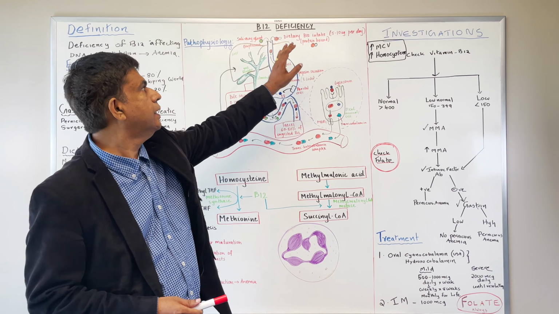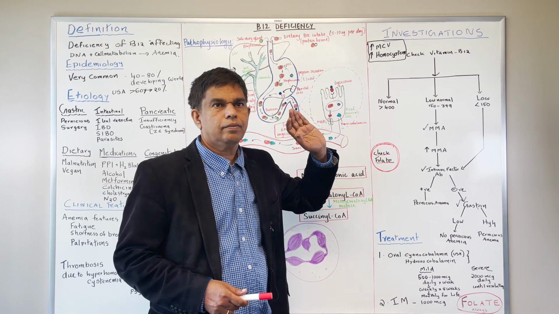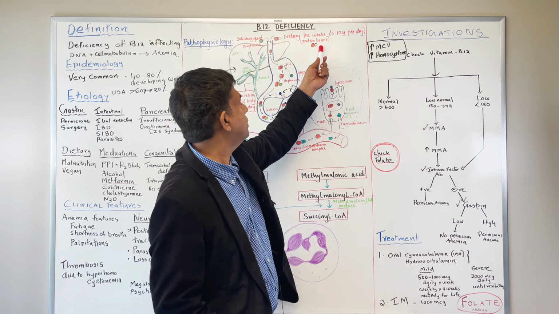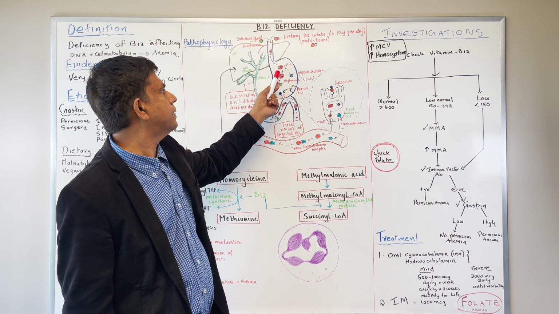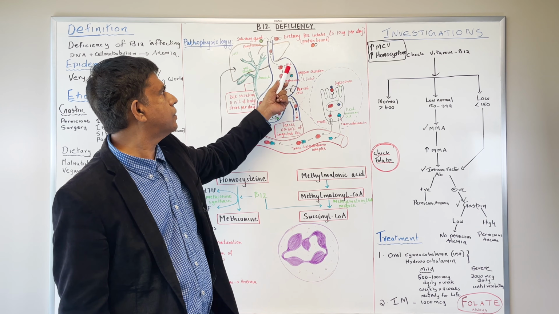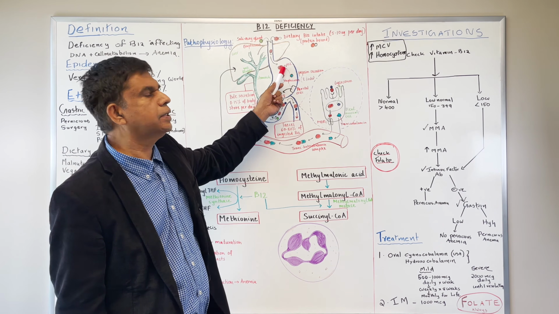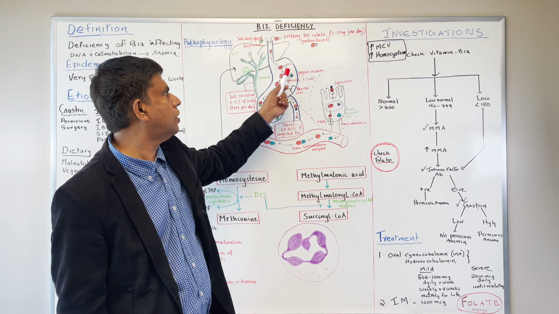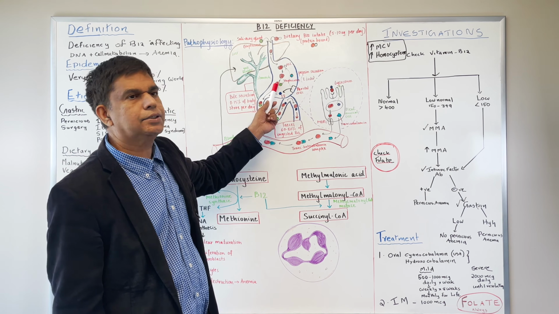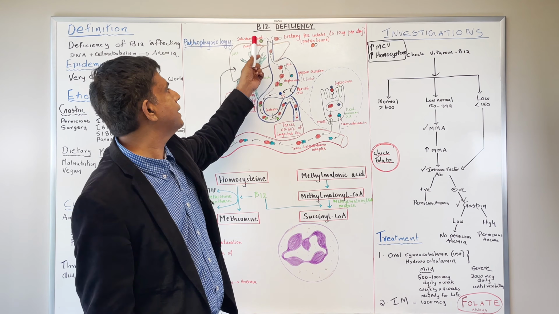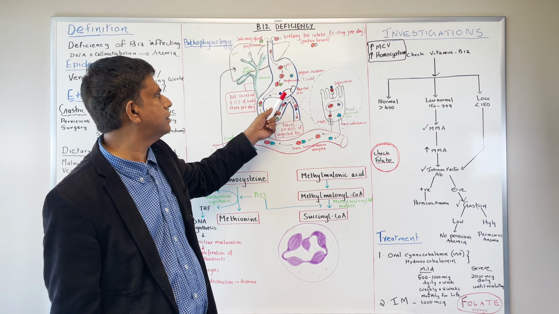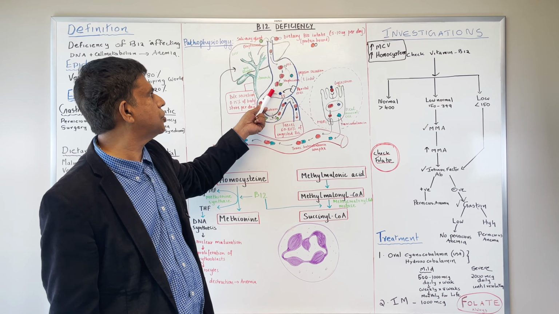Now, what happens over here? Let's talk about when the dietary vitamin B12 is already bound to a protein. So it's protein bound. It comes through the stomach, and then the parietal cells produce pepsin and HCl, and they break this protein complex apart. So the protein is gone. You get free vitamin B12, but it doesn't stay free for a long time. The salivary glands secrete something called haptocorrin protein, and they bind together like an R binder. Then that takes the next journey right here.